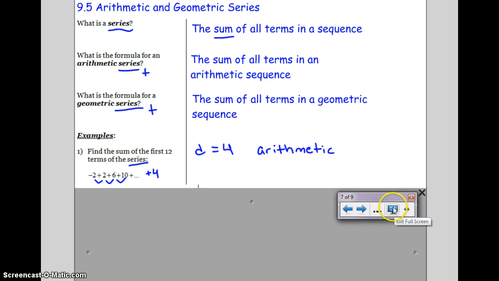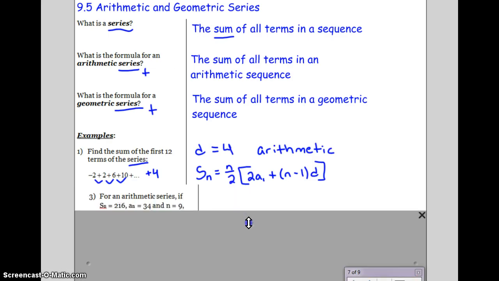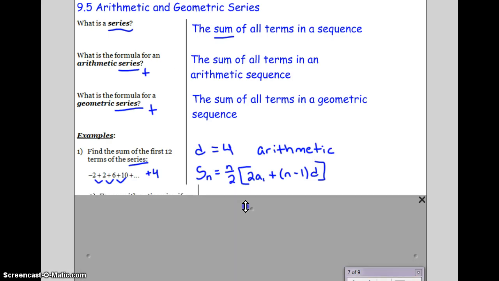So go ahead and take a moment and write down the second formula, this one right here. Since we don't have a sub n, we don't have the 12th term, I'm going to use n divided by 2, times 2 times the first term, plus n minus 1 times d. Now that we know what formula to use, I want to go ahead and substitute in everything that I know. My n is 12, so the sum of 12 terms is equal to 12 divided by 2,